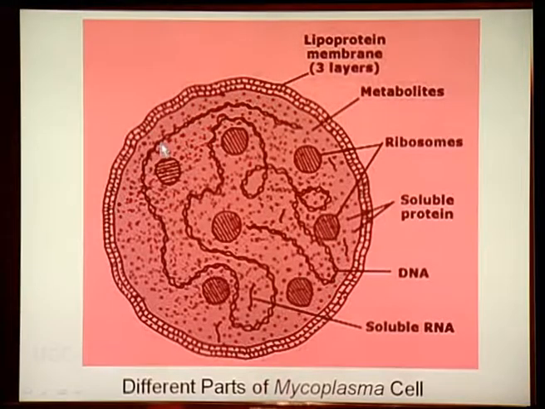Accordingly, they are called the Neymark protein or the adhesive protein, and their size is approximately 200 to 300 nanometers long. This particular protein structure actually helps them to survive like an animal cell, so they can change their shape. You know perhaps that these mycoplasma are also called pleuropneumonia-like organisms because they cause pneumonia on one hand and at the same time they are pleomorphic. They can change their shape because there is no rigid cell wall. Now, these particular proteins have specific functions, and these functions include locomotion.